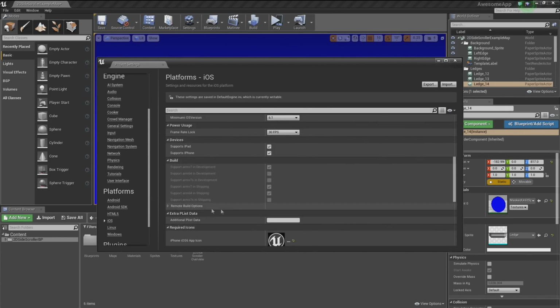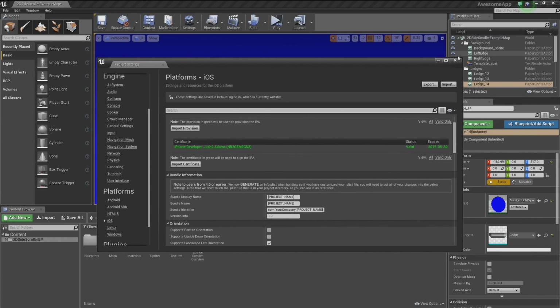Another feature request: expose ASTC options. Anyway, maybe that's in 4.8. Actually, it's probably 4.8, not 4.7. I keep forgetting we're in 4.7 here. It's so old. God. All right. Anyway,